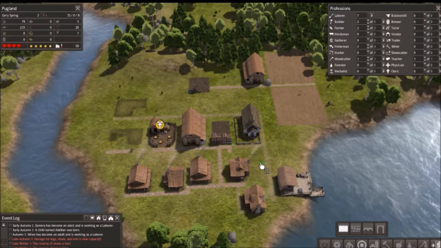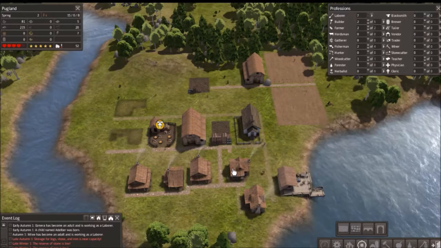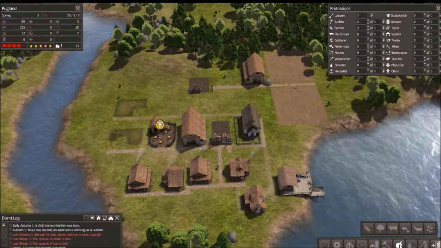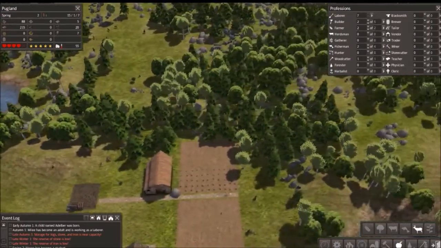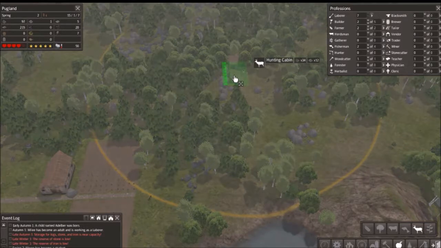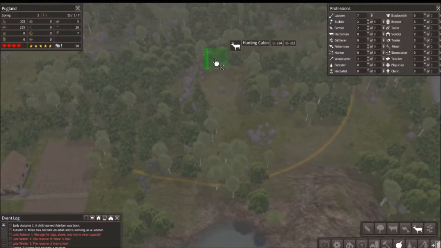Now, here's the problem. You got a tailor going up, but you don't have anything to make clothes out of. So that's why you need a hunting cabin. Hunting cabins are not big, but the circle is how much area it covers. So what you're going to do is build a hunting cabin,